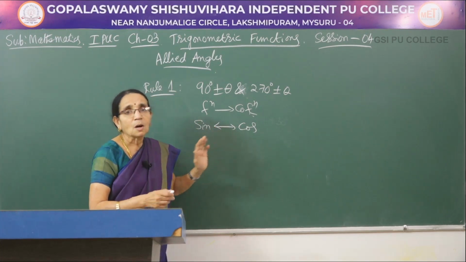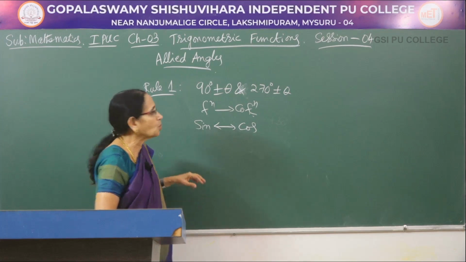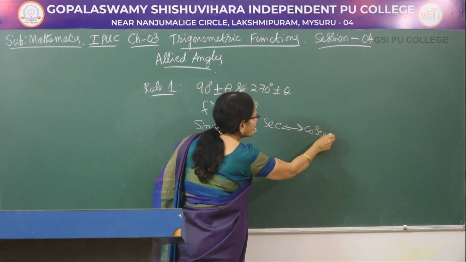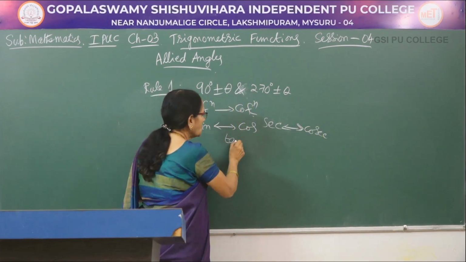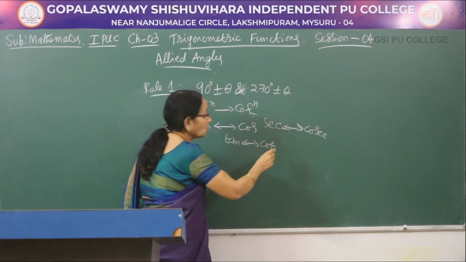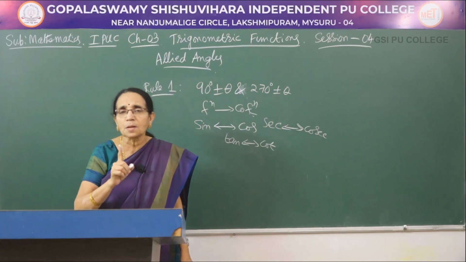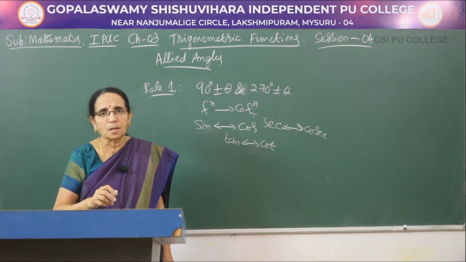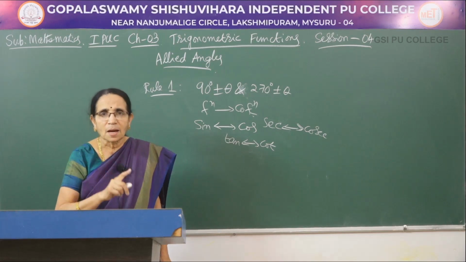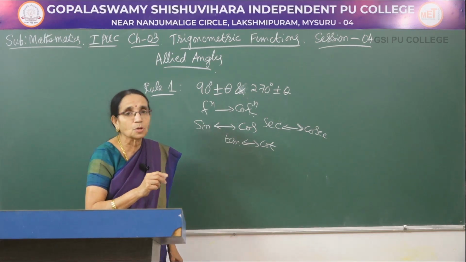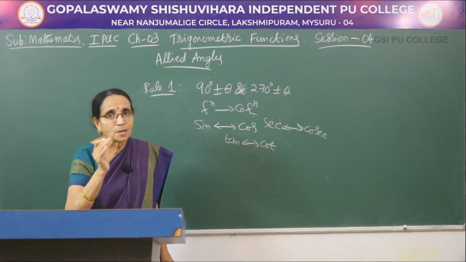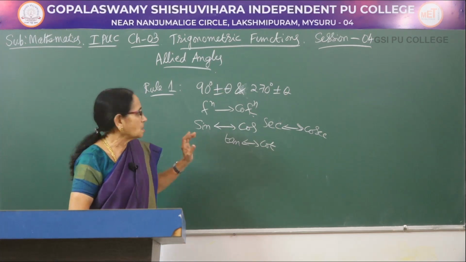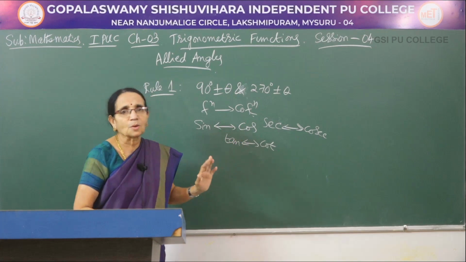So for sine, cos is the cofunction, for cos, sine is the cofunction. That is why I have written arrow on both the sides. And this is one pair of cofunction. What is the second pair? It is secant and cosecant. The other one is tan and cot. See, one more thing, don't get confused between the reciprocal ratios and the cofunction. Reciprocal ratios are sin theta and cosecant theta, cos theta and secant theta, and tan theta and cot theta. I am here discussing the cofunction. That is different, this is different. But tan and cot, they are cofunctions as well as reciprocal ratios. Okay. So these are the 3 pairs of the cofunctions.